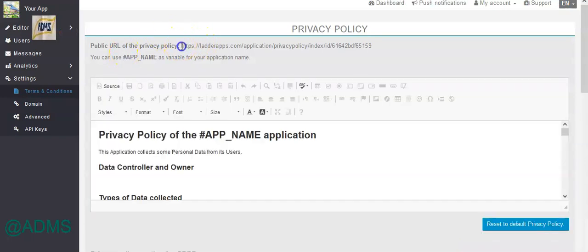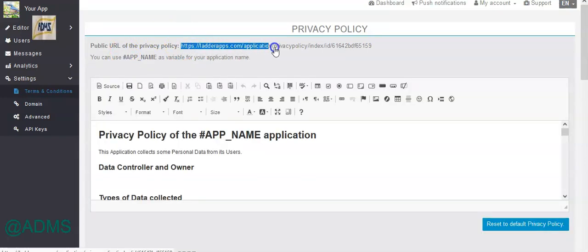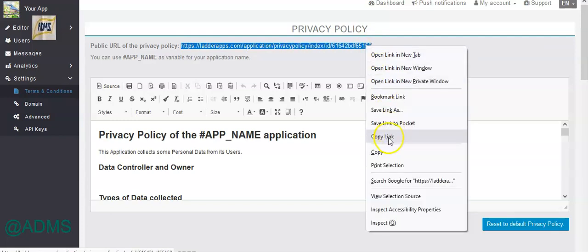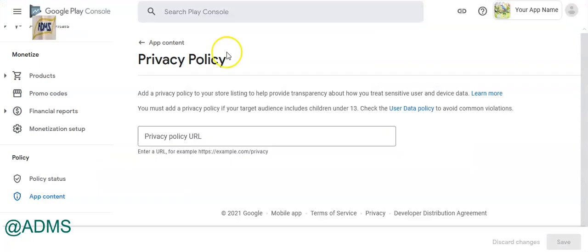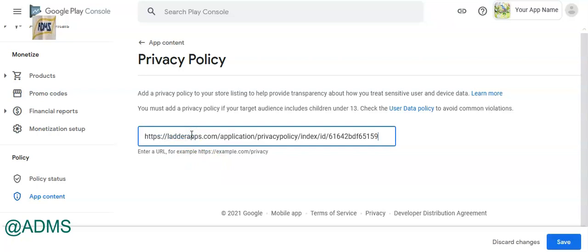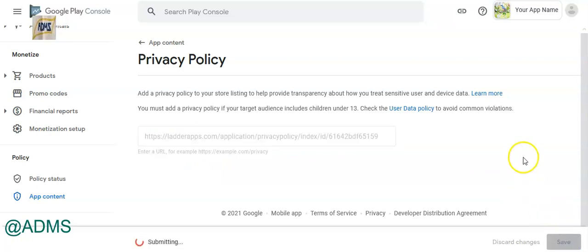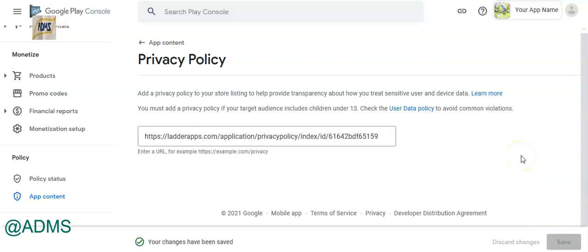Here you can see this privacy policy URL. Just copy this, come back to this page, paste the URL and click save. Okay, so this is done.